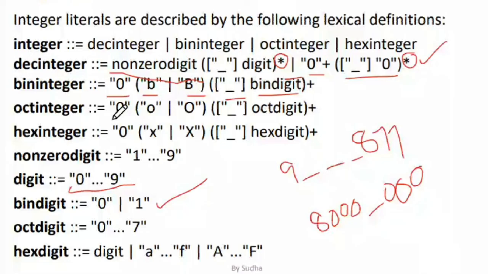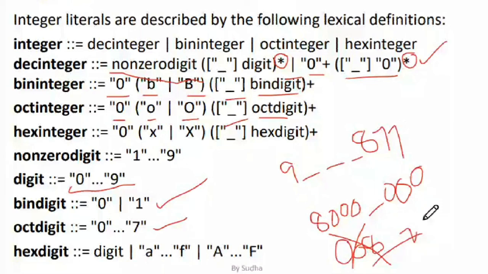You cannot say 0, O and then 8. So this is wrong. Syntactically it is wrong because there is no 8 in the octal digits, so you cannot include an 8 in the octal literal. You can have 7, 7, 7 and all that, but 8 is not permitted. So that's what I have given here, what is meant by an octal digit.